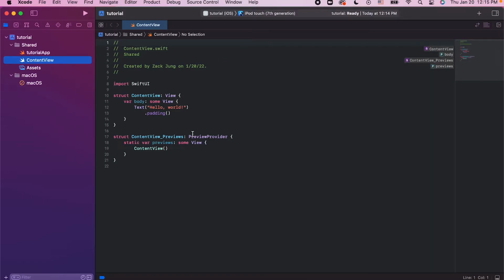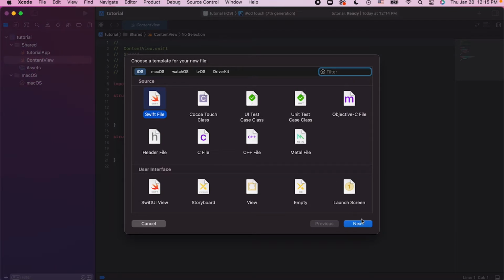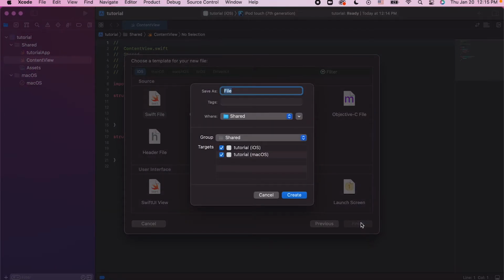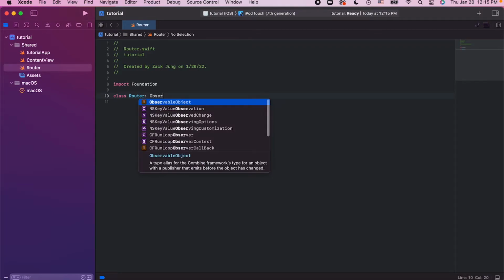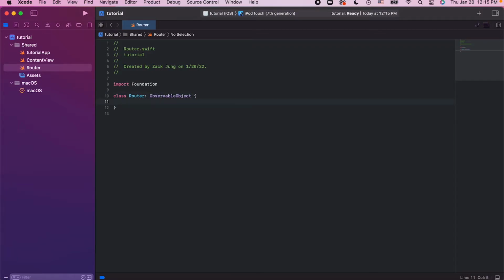All right, the first thing we're going to do is make a new Swift file. We're going to call it Router. Create, and this will conform to ObservableObject. Class Router: ObservableObject, and then the first thing we're going to do is make it a singleton. How do we do that? We can just make it a static let shared